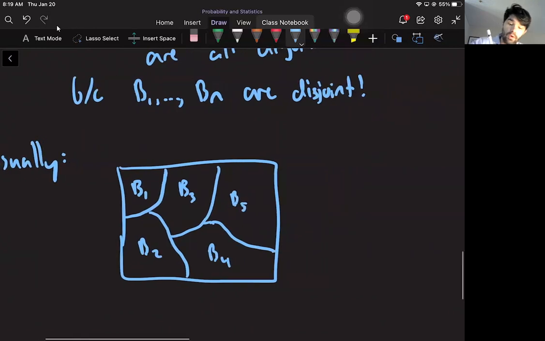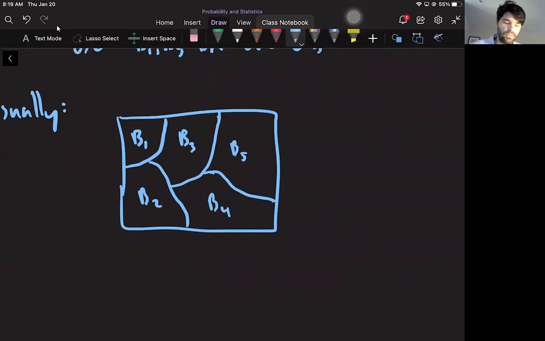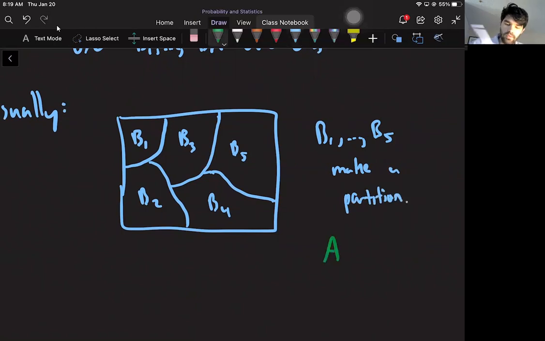So there's no overlap between any of the B1 through B5, and they make up the whole sample space. They make a partition. So then if you have A in green here as some event,